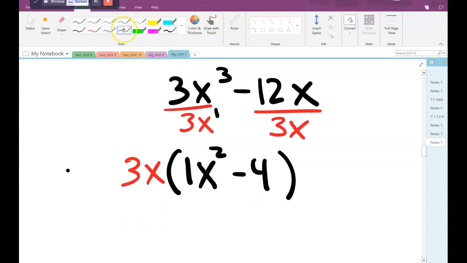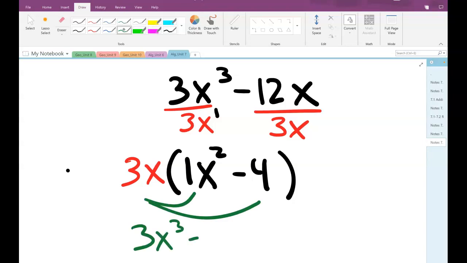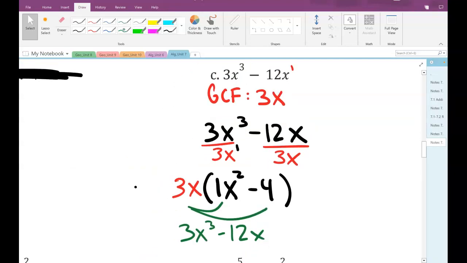One thing that I want to point out now, if I was to redistribute this, look at what I get. I get 3x to the third minus 12x, which is our original. So factoring is the opposite of distributing. So to undo distributing, you factor. To undo factoring, you distribute. What's the point? Like I said, we're building towards a point. We're learning a bunch of individual things, how to do. So there's going to be like a big